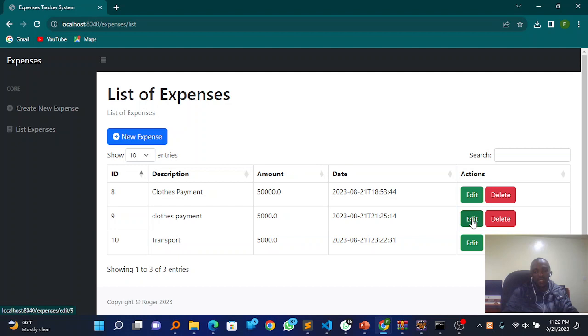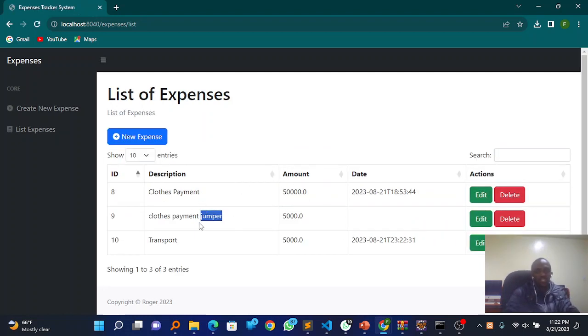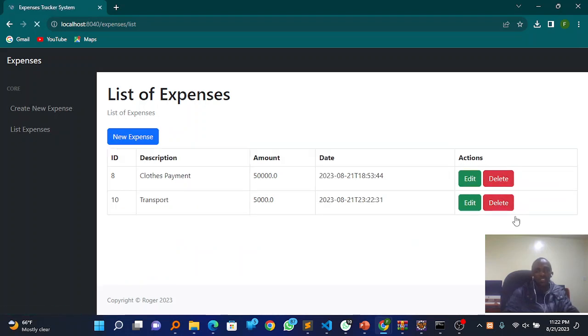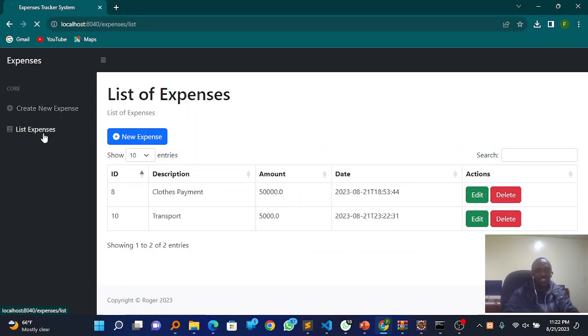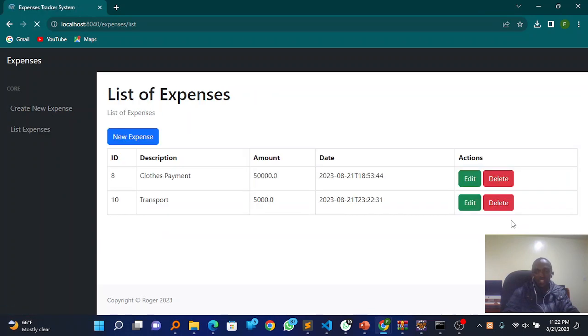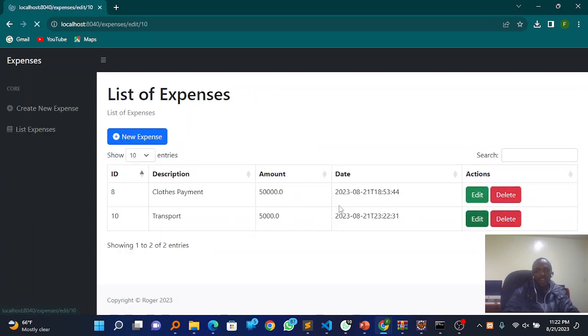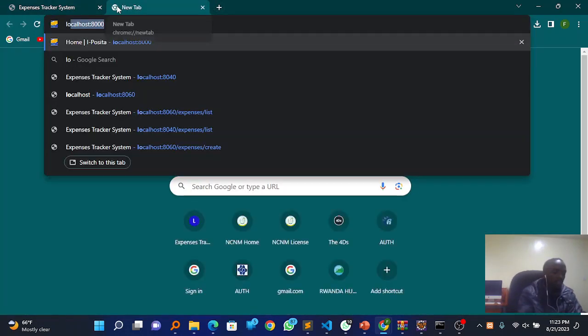Let me update this one, which was created before. Then modify it, like let me add a jumper, the type of coat that was bought. As you can see, it will appear here. Then I can also delete it. Yeah, this is how to delete it and even update. This is the list. I have seen create, I have seen update, and also delete. I think this is how the system works, but I can go on